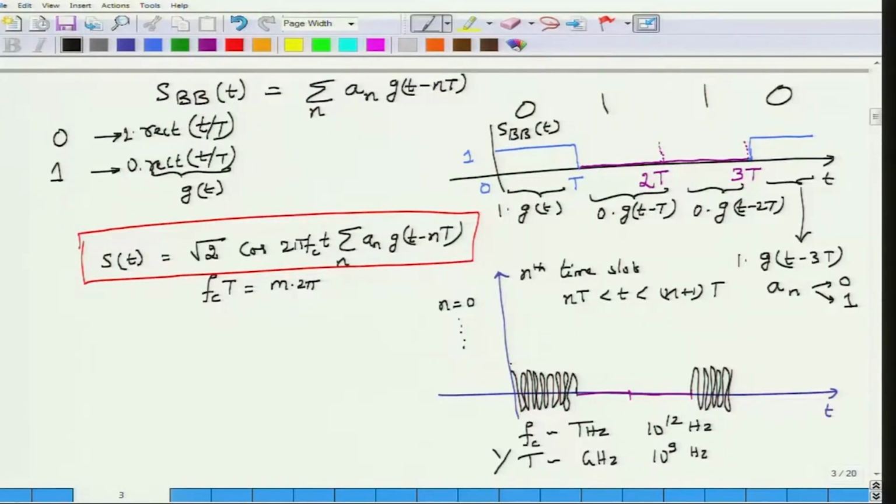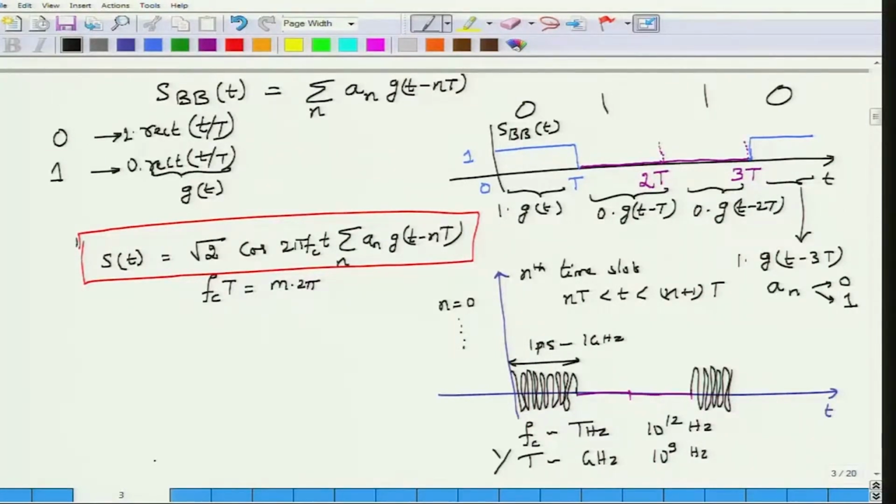So if you assume that this time slot is 1 picosecond corresponding to 1 gigahertz, there would be about 1000 cycles here. So you won't be able to even see these carrier cycles. I have used it just to show an exaggerated version of this. Okay, so coming back,